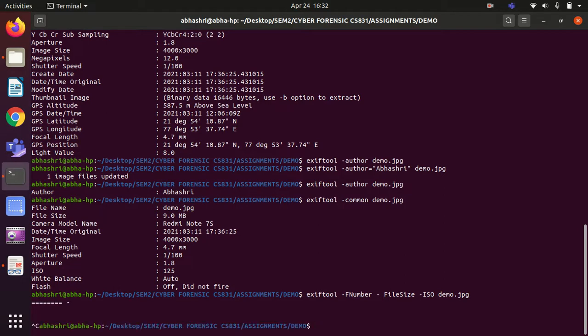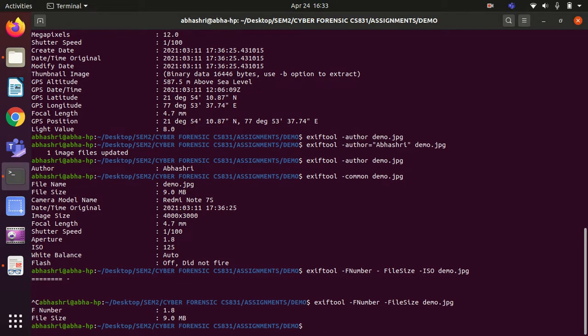Okay, let's check it for just one tag name. Sorry, we have given FileSize for demo.jpg. So yeah, we see the F number and the file size is being printed.